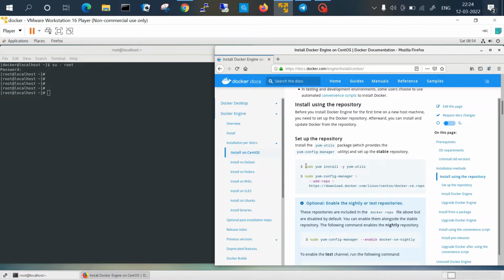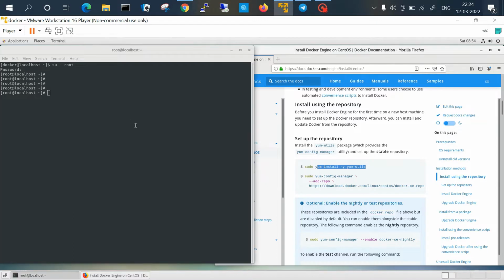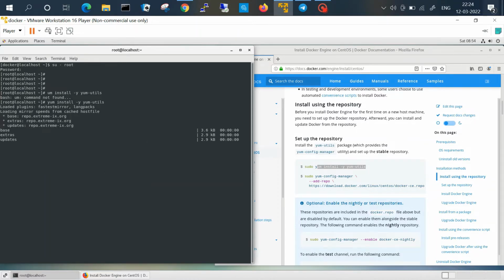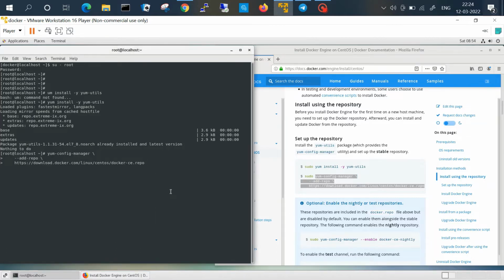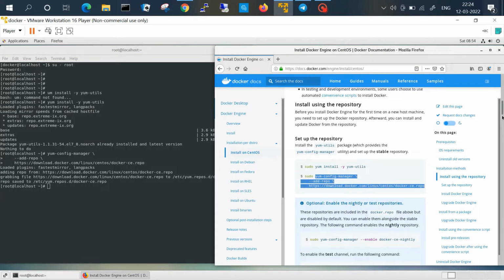First of all, we will set up a repository. So I'll just run this command. Okay, then I'll add this repo. Okay, now next this is